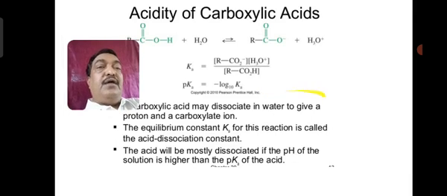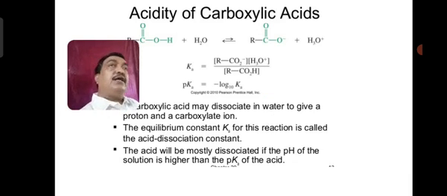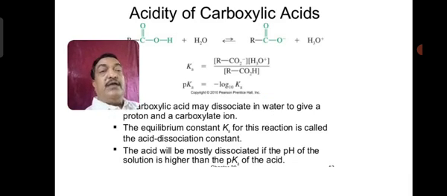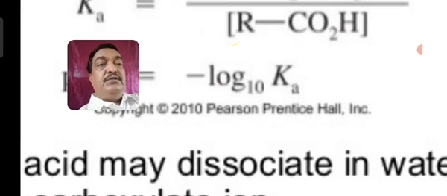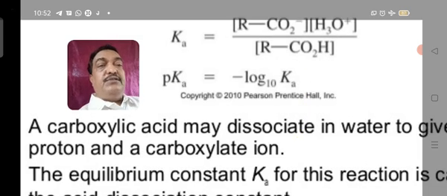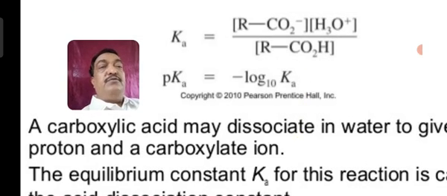Now next I want to study the acidic property of carboxylic acid. As per your syllabus, starting with acetic acid, chloroacetic acid, dichloroacetic acid, and trichloroacetic acid, what would be the strength of these, and how is the strength of an acid generally represented? It is represented as the pKa of any acid. pKa is equal to negative log of Ka to the base 10.